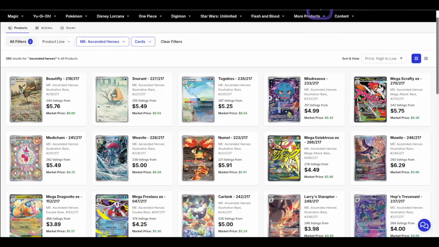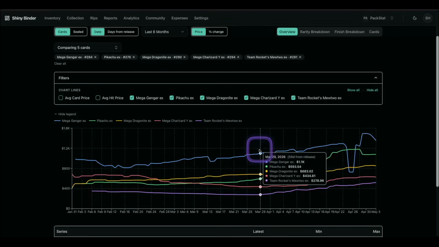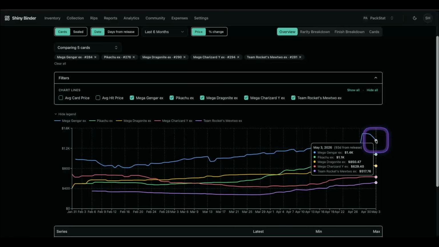personally. And I would not do anything with the SIRs and the MARs, because a lot of those SIRs especially are really, really expensive. And, you know, when I invest in cards, the question I ask myself is in terms of doubles. Is this card more likely to double than that card? So, for example, Mega Gengar, 1.1k. No, right now it's 1.5k. 1.4k. $1,400. Is this Mega Gengar going to double